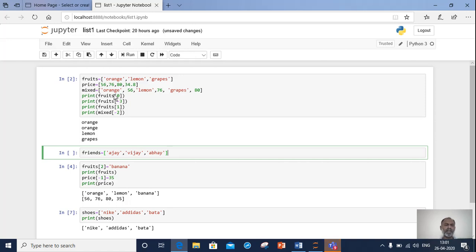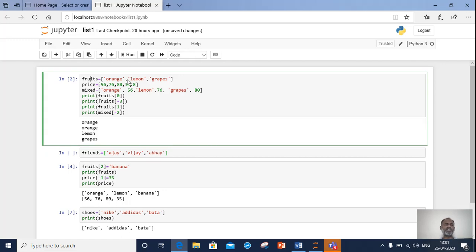Now I have taken three tags or three lists. Why am I calling it a tag? Because it is just a name given to these elements: fruits, price and mixed. These are three lists. Let us take first fruits: orange, lemon and grapes. These are three elements assigned to fruits. Price: 56, 76, 80 and 34.8.